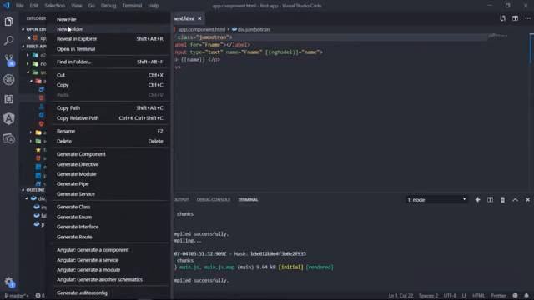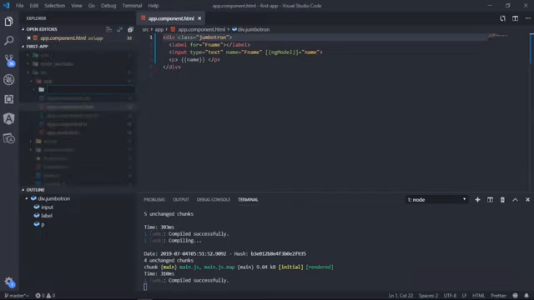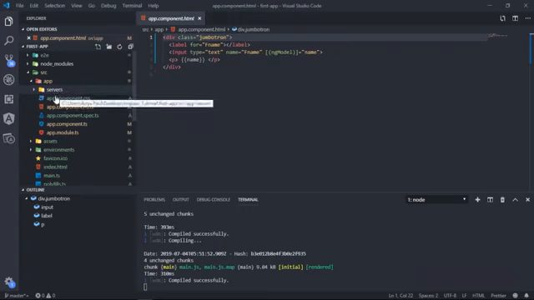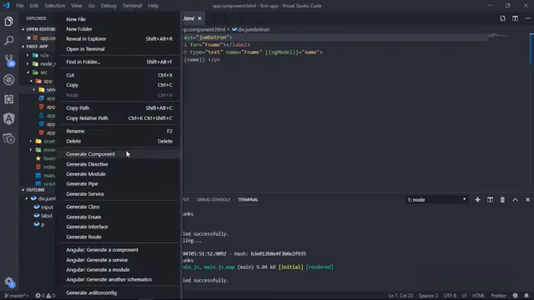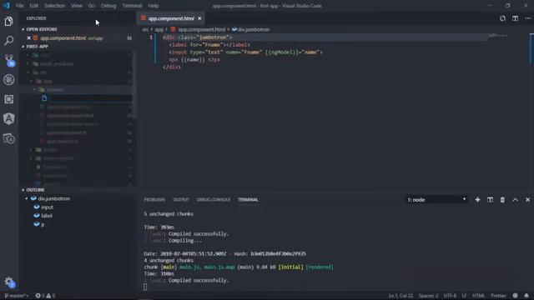And what you want to say is you want to put in a new folder. Now let's call this folder, let's say we want to have a component called servers. So let's call this servers. And out here, what we want to do is we want to create the server files. So out here, we are going to create a new file, and this file is going to be called the